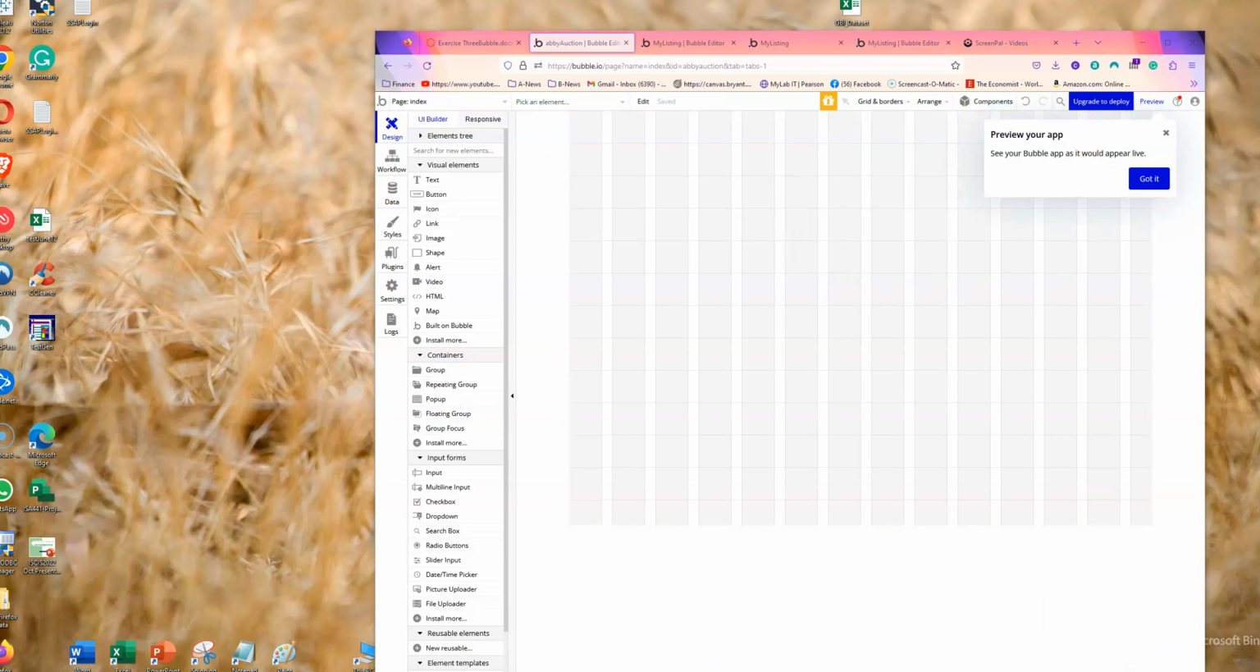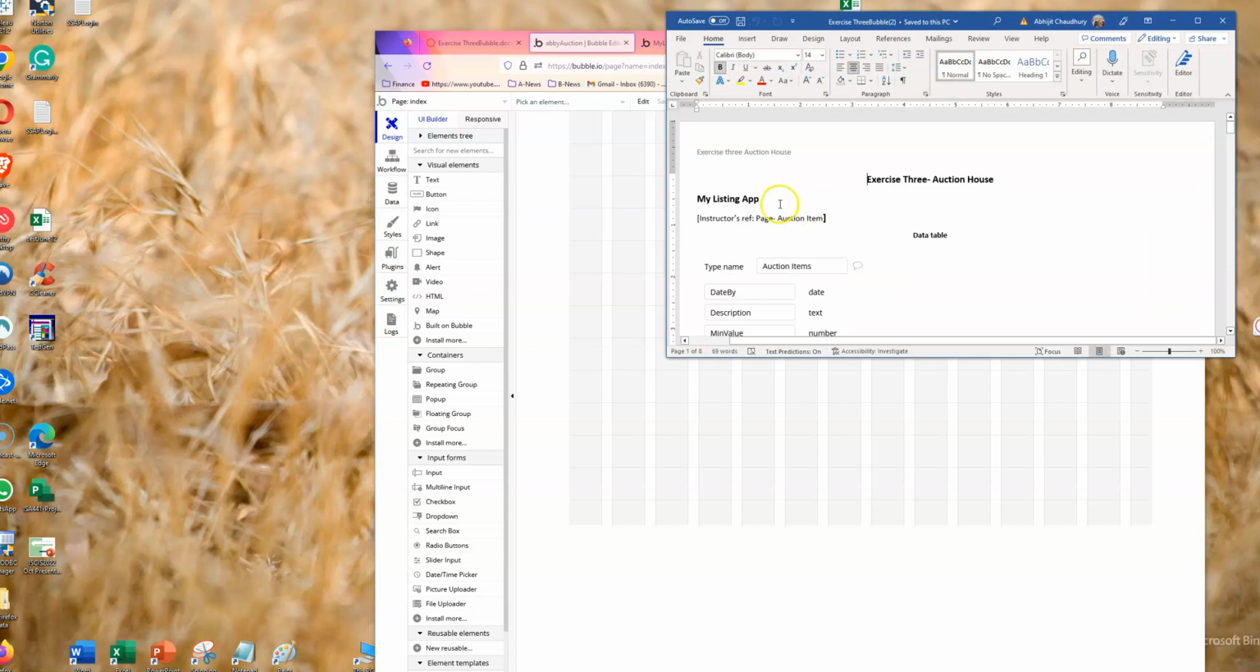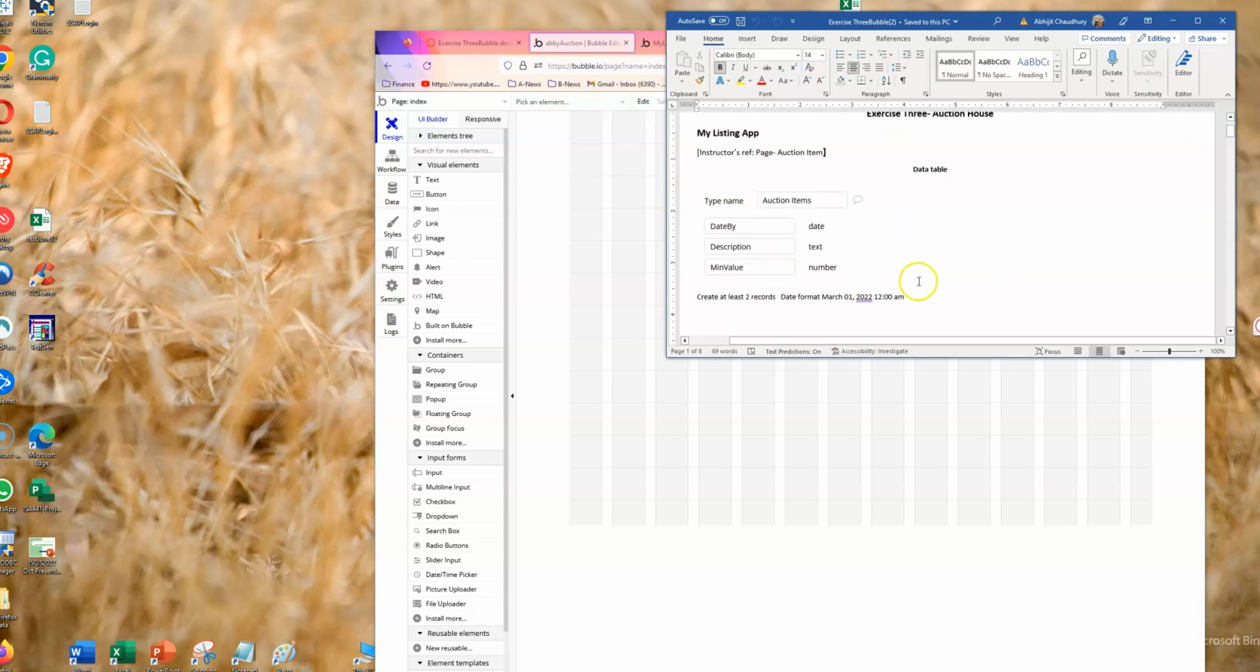And so if I look at my Word document, I have an item called auction items. This has these three attributes. So this is like a table, a database table. Table has columns. So these are the three columns. And I'm going to now go to my data